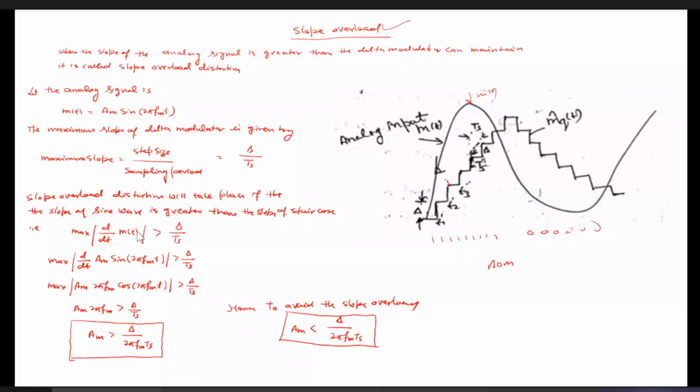Still the output is 1. In the next step it increases further by 2. Still it is 1. In the next step, it is by the 3 delta. Ultimately, it reaches the message signal quickly in the case of adaptive delta modulation, and anyhow, it minimizes the slope overload distortion.